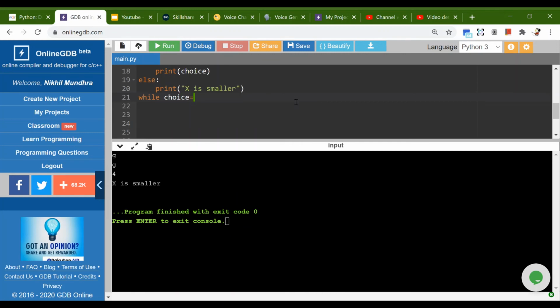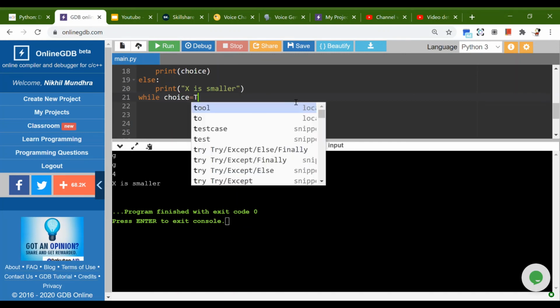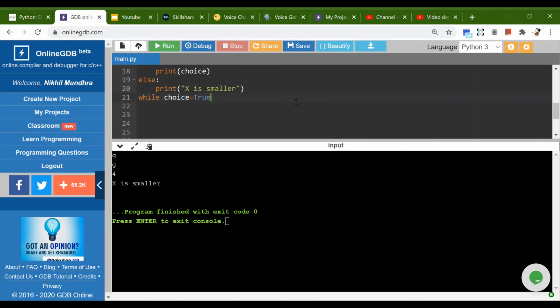So choice is my boolean right here. I'm going to do a terrible mistake right here, because above it's written string and now I'm declaring a boolean right here. So it will just simply pass away. It won't care, right? So I'm going to print the statement now.